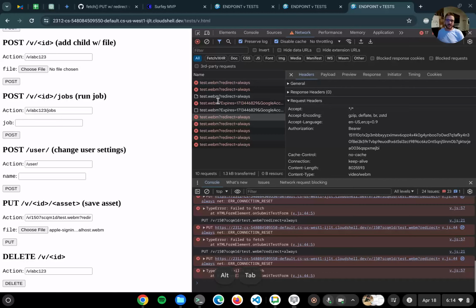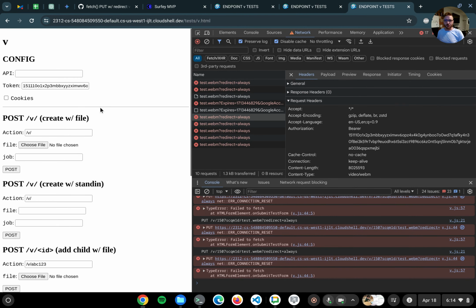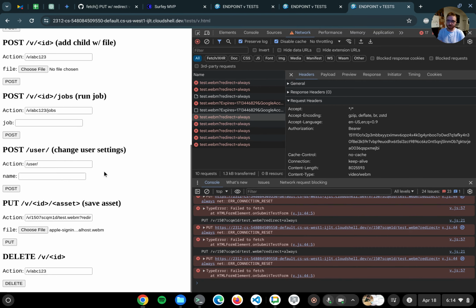So it turns out, for whatever reason, the web proxy for Cloud Shell does not support a put using fetch. There's something blocking it when I specify the authorization header. So I'm putting in the token there, right? So if I remove this, and I'm not setting credentials include,